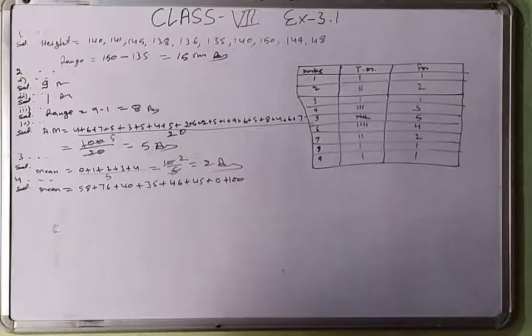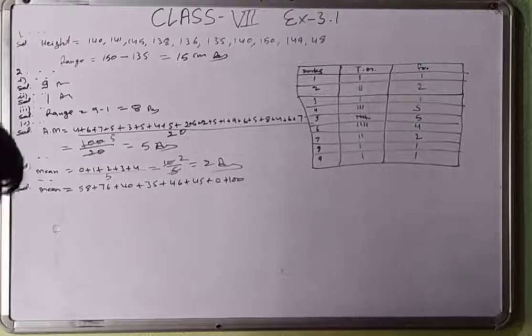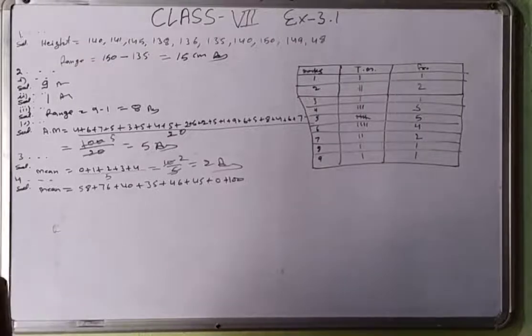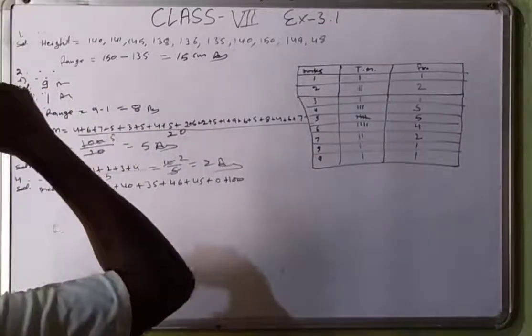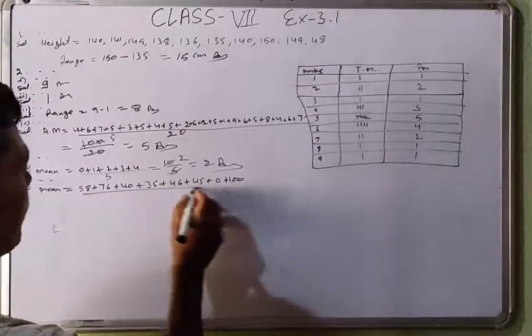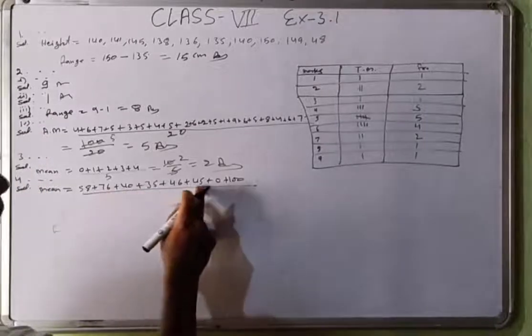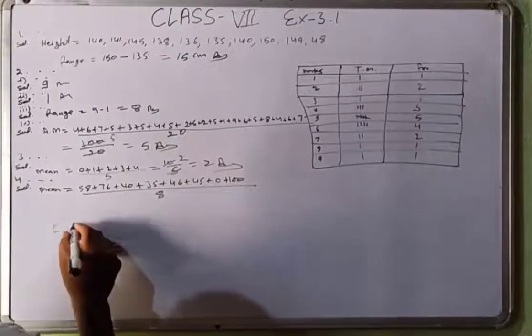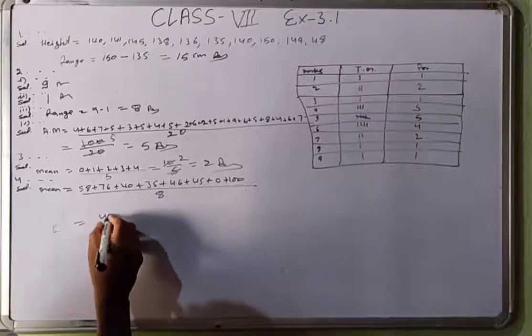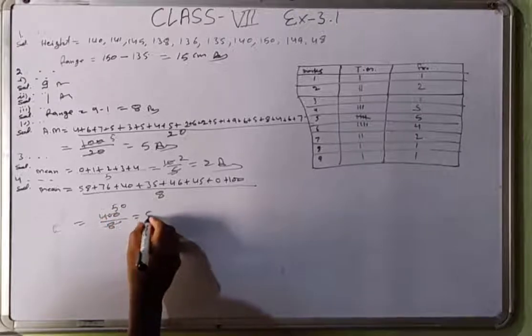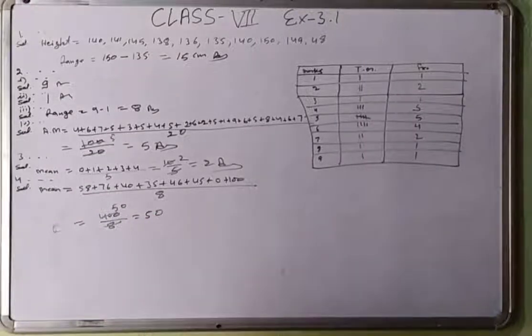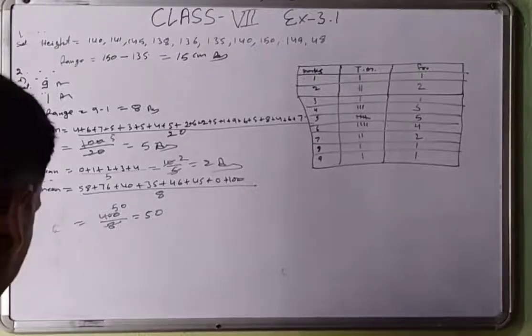Question number 4. A cricketer scores the following runs in 8 innings. So 8 innings are given, and then find the mean. Mean means the sum of these; arithmetic mean or mean is the same thing. And then the number of innings is 1, 2, 3, 4, 5, 6, 7, 8. The sum of these will be 400. 400 upon 8, 8 fives are 40, and then 0, so 50. That 50 is the mean answer.